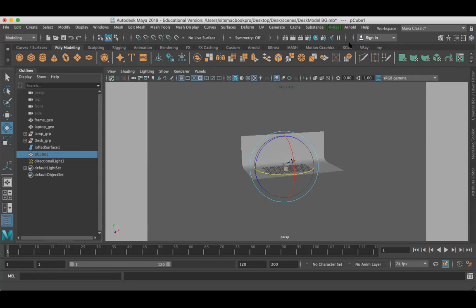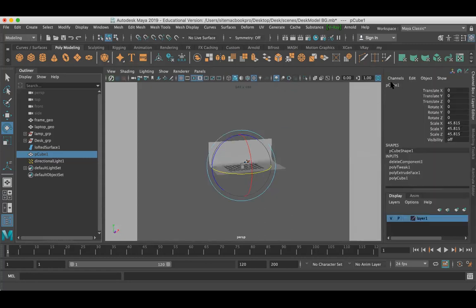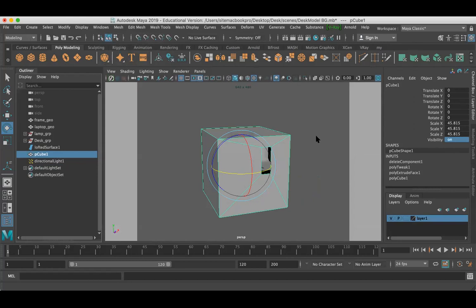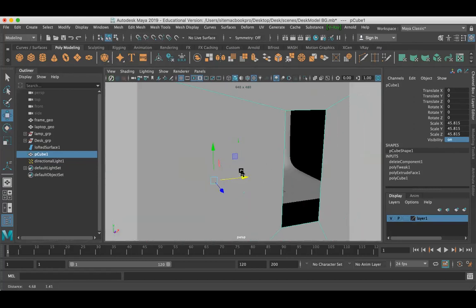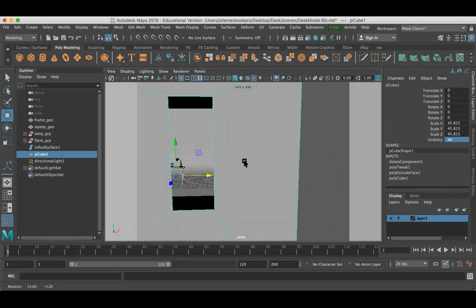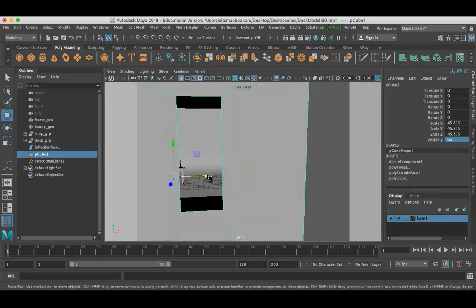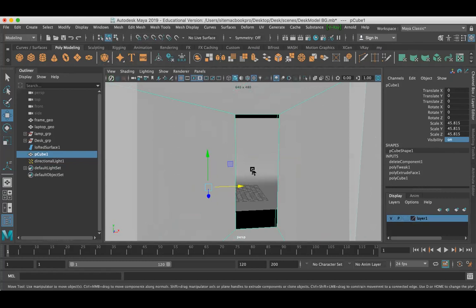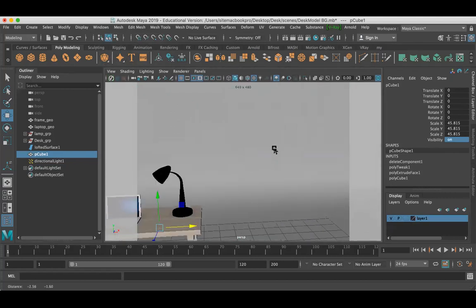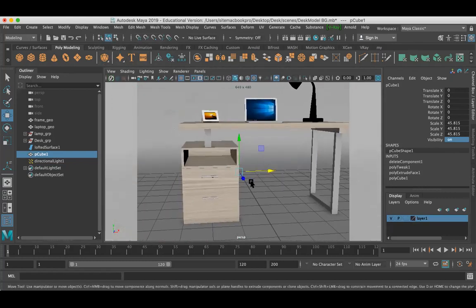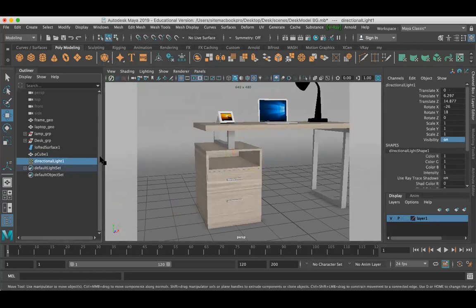Fine. So now select the model, and here you can go to the channel box. Maybe you can get this kind of interface. Just click on the channel box and it will open. Go to the visibility tab and hit 1, so your model will be visible in the scene. Now look here, I have created some kind of a window so that my light can enter the scene. Okay, that's fine. So now I'm going to move inside my scene, and I'm going to delete my light.